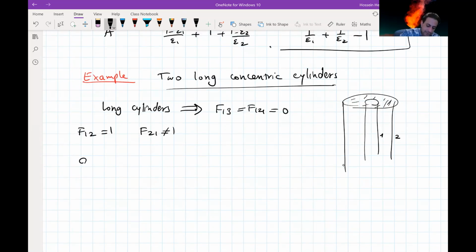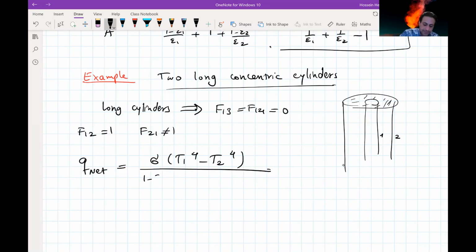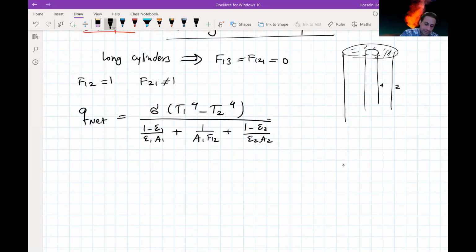And if I write Q net here between the two, it is going to be sigma (T1 to the power of 4 minus T2 to the power of 4), divided by the resistance that exists between them, (1 minus epsilon 1) over epsilon 1 A1, plus 1 over A1 F12, plus (1 minus epsilon 2) over epsilon 2 A2. And F12 is 1, so this will be sigma,